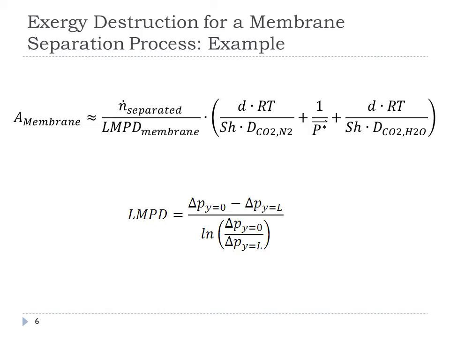As you can imagine, the resistance increases with the diameter, and then we have an RT. Then we're divided by the Sherwood number, and the Sherwood number is exactly the same in the analogy. It's the same as the Nusselt number, so it's equal to 4 for laminar flow,